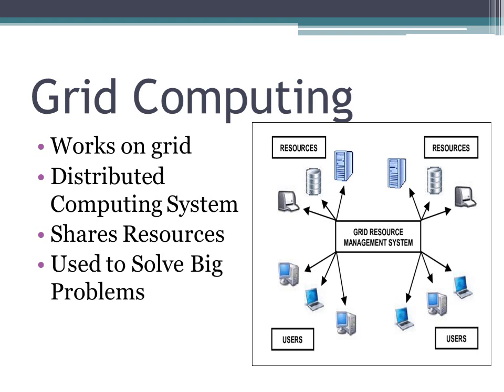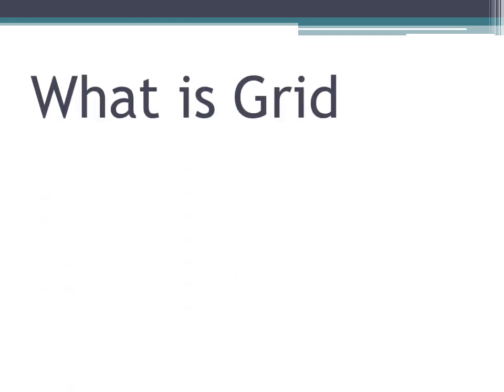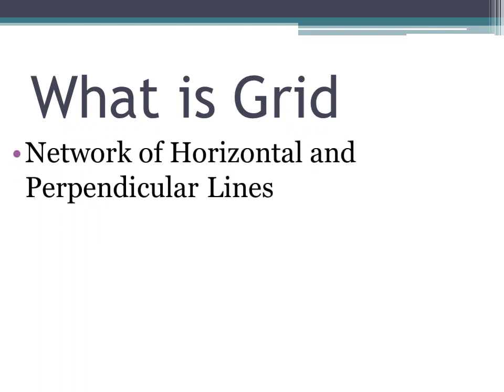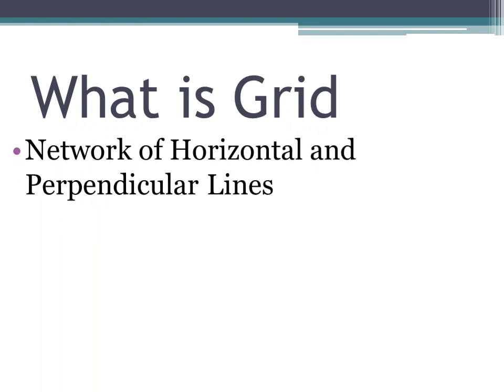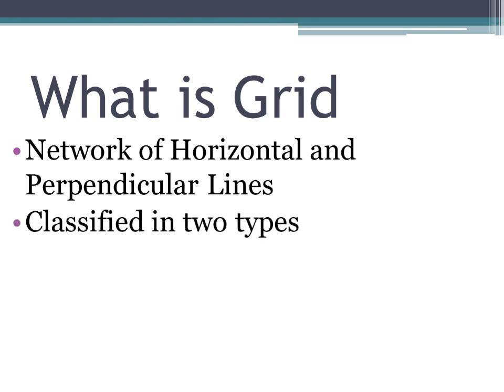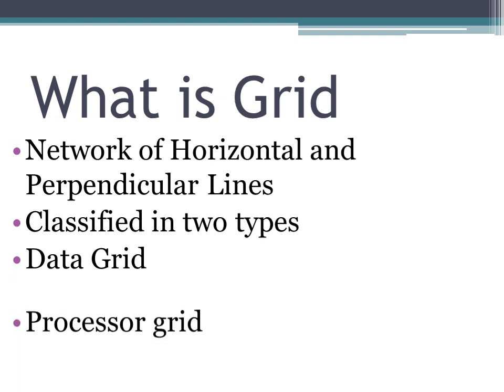Here the resources are called nodes. In grid computing, we work with grids. Now what is this grid? Basically, a grid is a network of horizontal and perpendicular lines which are uniformly spaced by means of a system of coordinates. Grid is of two types: data grid, used to manage large and distributed data;